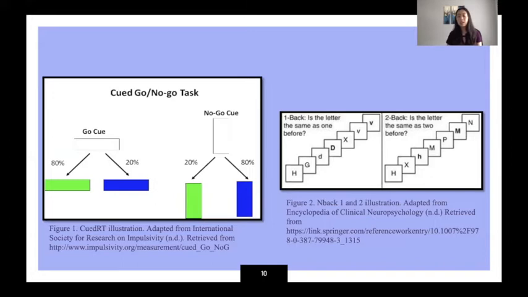The N-back 1 and 2 is a measure of working memory that shows every participant a series of letters. If the letter they see on the screen is the same as the letter they saw before or 2 slides before, then they have to hit a key on the keyboard as a target. So both of these tests provide really valuable information to me as somebody who is studying these kinds of outcomes, and have been clinically validated in previous studies.